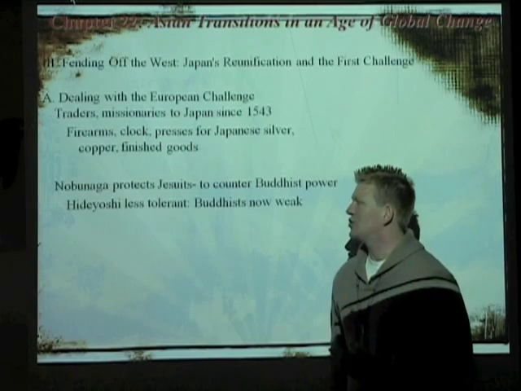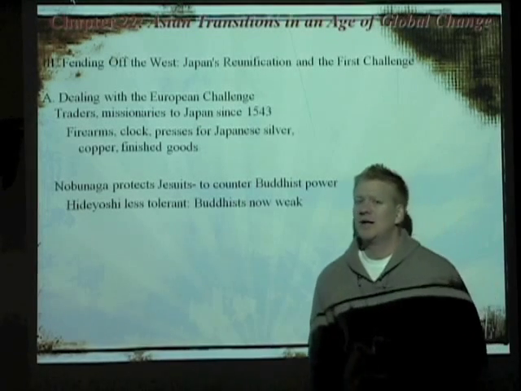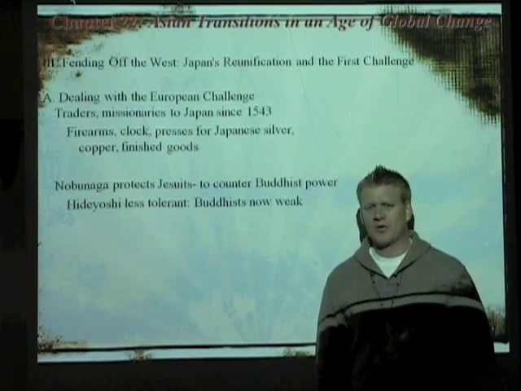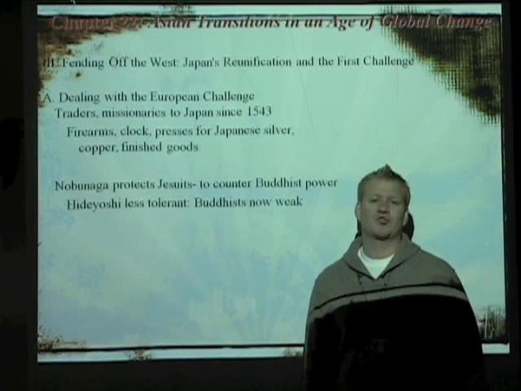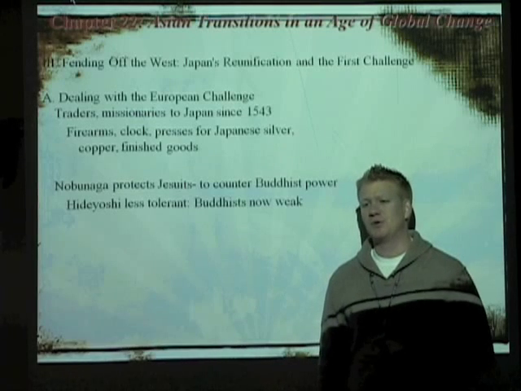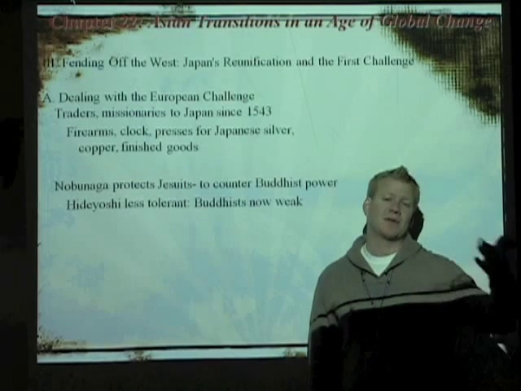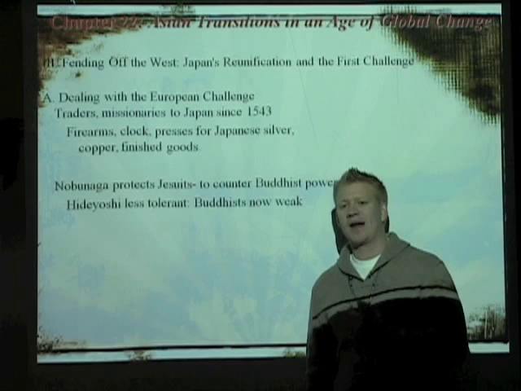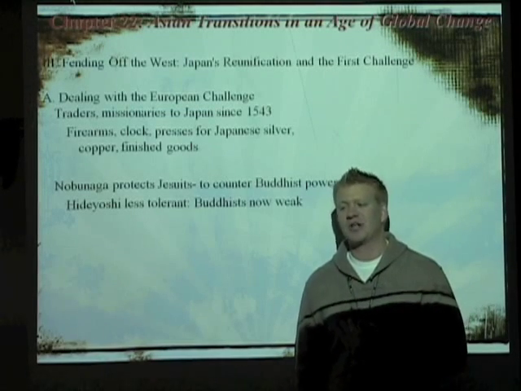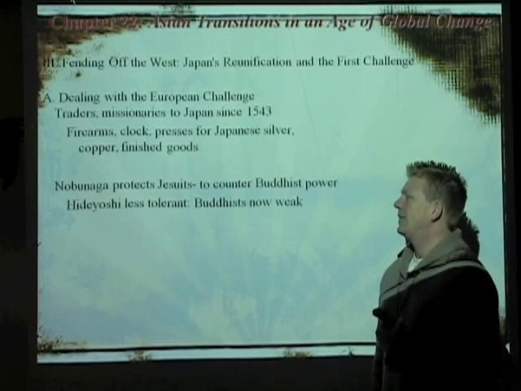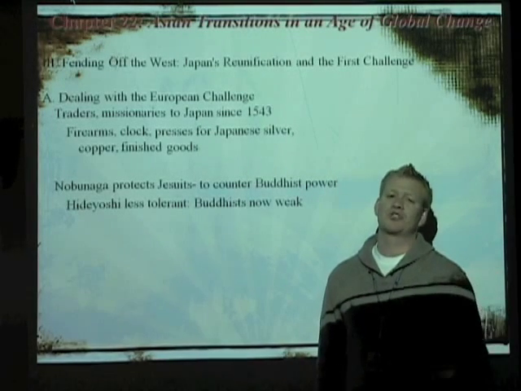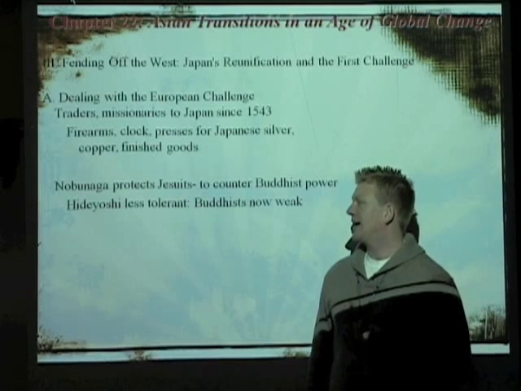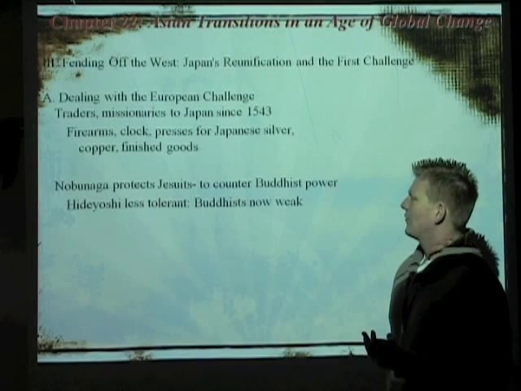Nobunaga is going to protect the Jesuit missionaries that come to this area for a couple reasons. One, it was intriguing. Two, the Buddhist influence was still very strong. There was some negativity towards the Buddhists for the fact that they helped get them into that feudal position and into that daimyo warring state position. And so the Christian alternative was better. There were a lot of conversions occurring, and so it was seen as a better outlet. However,